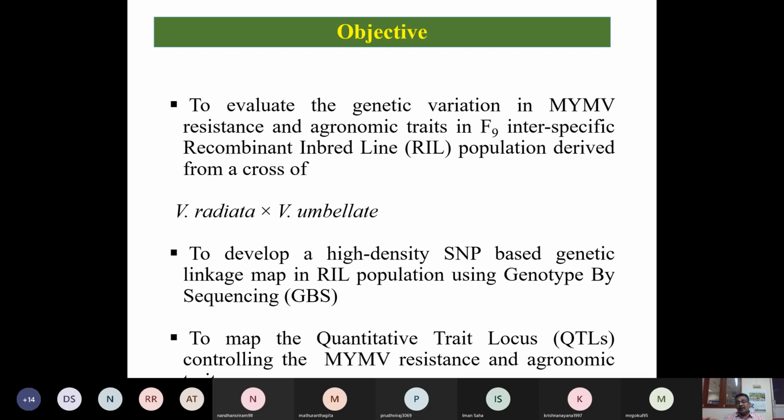Then those phenotype data can again be run, and we can find whether the same QTL region is there, a consistent QTL, or what the phenotype effect is on different locations, and what the influence of the environment is on the QTL.